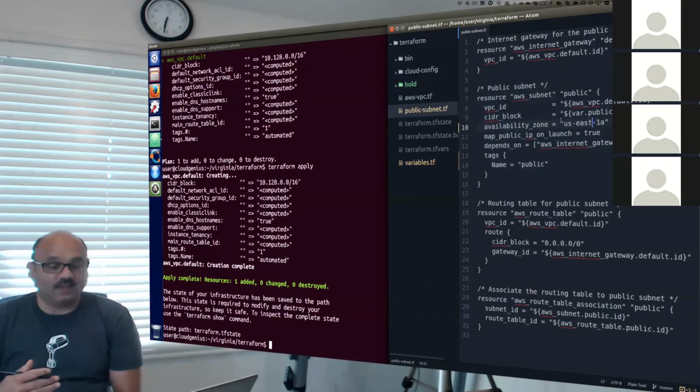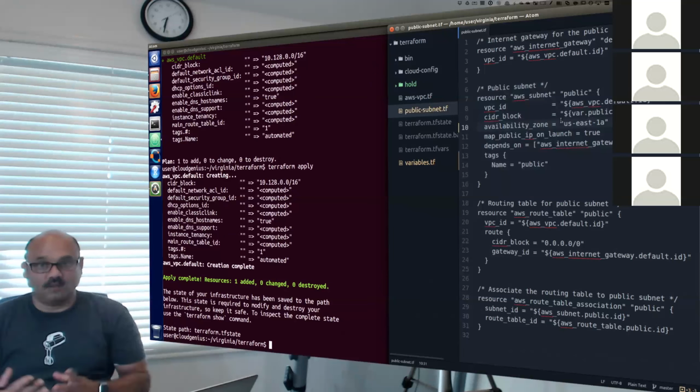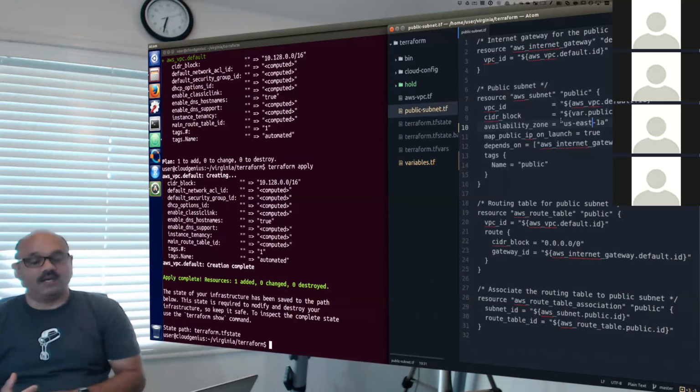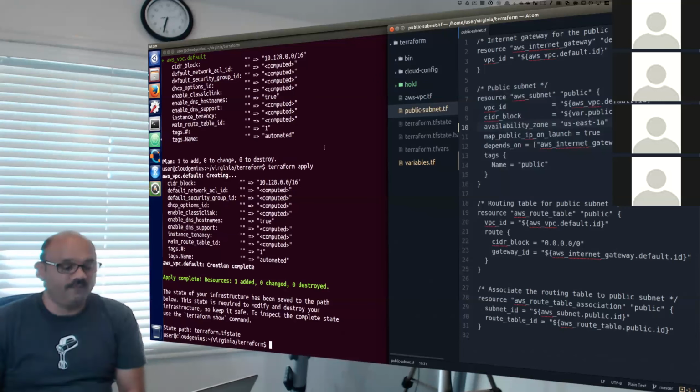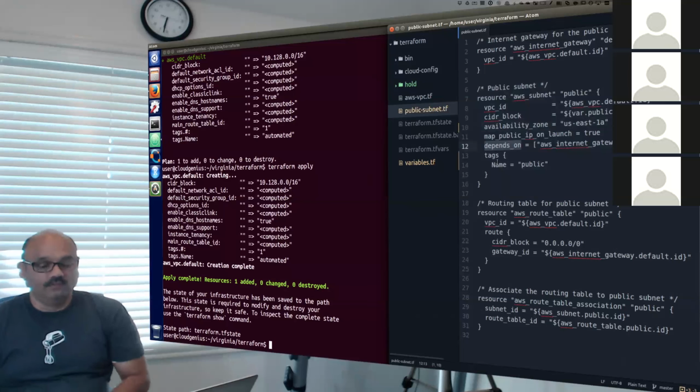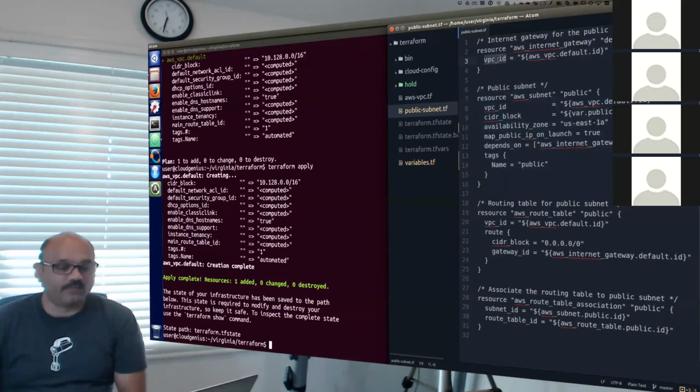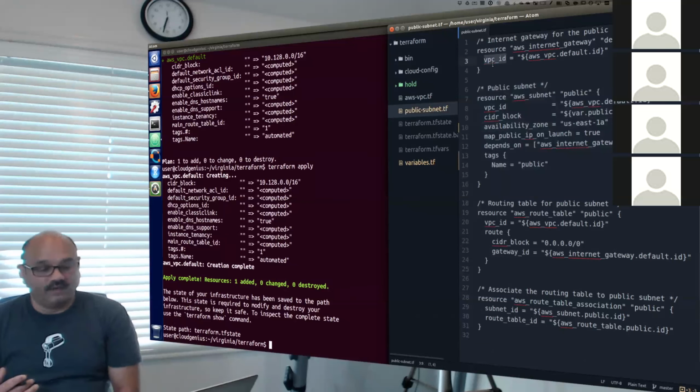Then I'm also associating a dependency. This public subnet should automatically connect to the internet gateway, and that definition is in line number 12. Any machines in this particular subnet depend on having that gateway accessible, which I have defined in line number 3, up there. Next, I will assign a tag to it and call it public, the name public, line number 14.